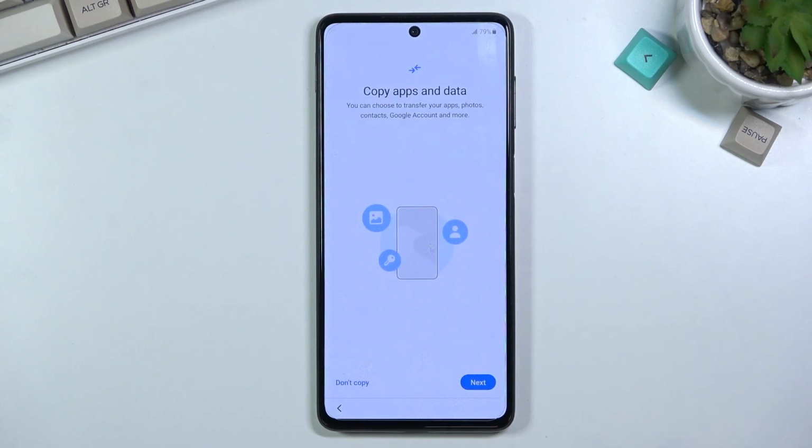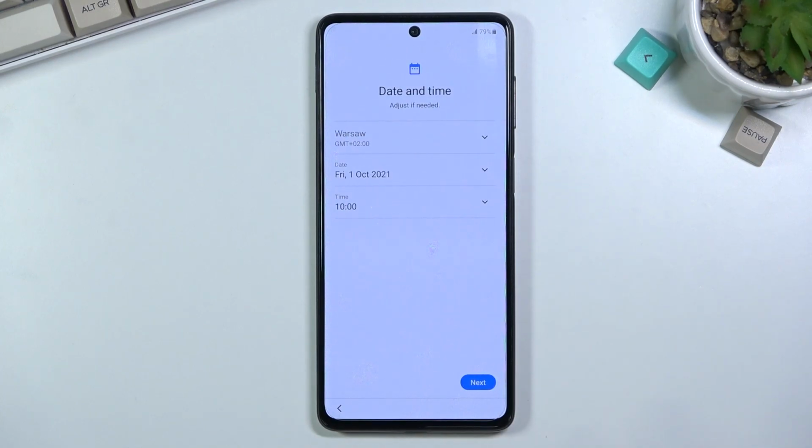which allows you to basically move over data from your old device to this one. Now this is using their proprietary application, I believe. I don't remember exactly how it's called. It's Samsung's version of like Phone Clone or some other alternatives that basically every manufacturer nowadays has their own. So what you would need to do is simply download that application on your old device and then go through the pairing process, which is fairly intuitively shown to you throughout the application, how to connect those, and later on you basically select what you want to copy. But I'm setting it up as new, so I'm going to select don't copy, which brings me, like I mentioned,